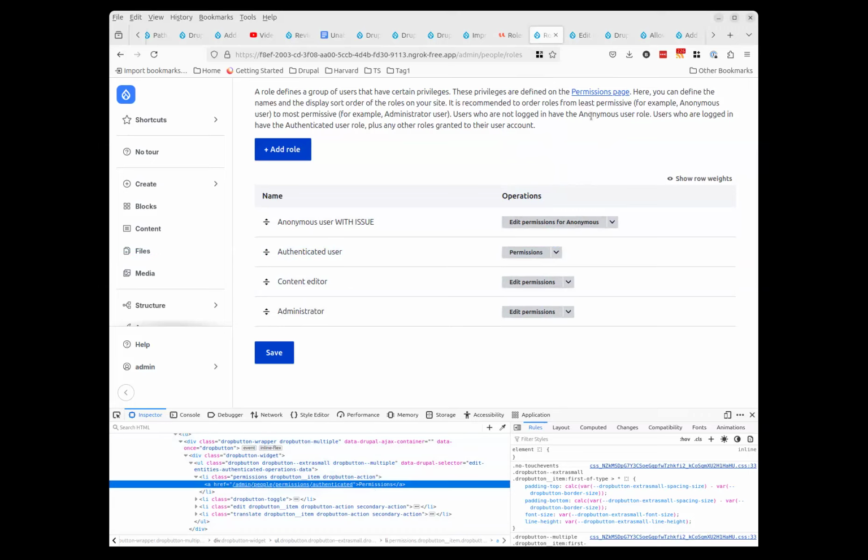Do you want to say something in favor or against it? Yeah, I think having edit role is fine. But in the interest of consistency, it might be good to also change the label of the local task, so the tab name, to also be edit role. That way it helps distinguish it from permissions. When you're on the permissions tab and you see the edit role tab, it's really obvious, okay, this is where I edit the role itself, I guess.